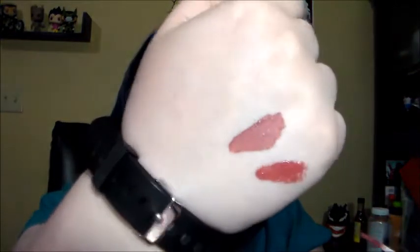Anyways, back to what I'm actually supposed to be talking about, the Vasanti Lip Oils Lip Gloss. I really love the peach lip oils from Too Faced. I hope this is at least a similar texture and whatnot. It is not a similar scent, but it's not supposed to be. It doesn't have a bad scent though, but it's something somewhat fruity. And like I said, it is nigh on the same color, and I think these would actually look really pretty